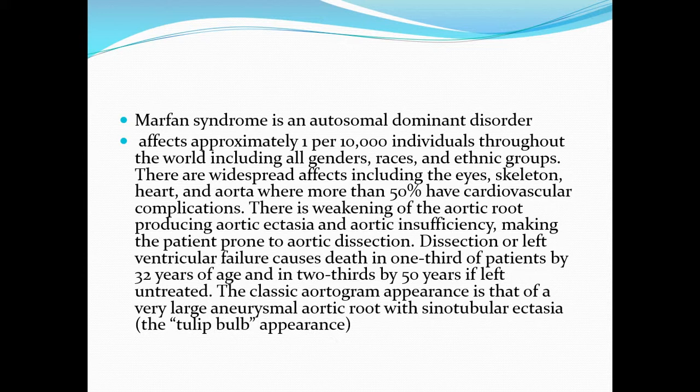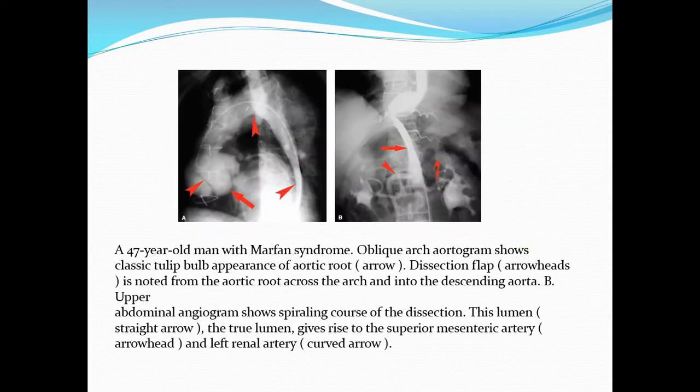So tulip bulb appearance is very suggestive of Marfan syndrome. You can see here in this case of Marfan syndrome, there is a marked dilatation of the aortic root, the tulip bulb appearance. It looks like a tulip with its bulb, and there is a dissection here with the dissection flap extending here to the abdominal aorta, and you can see here the superior mesenteric artery arising